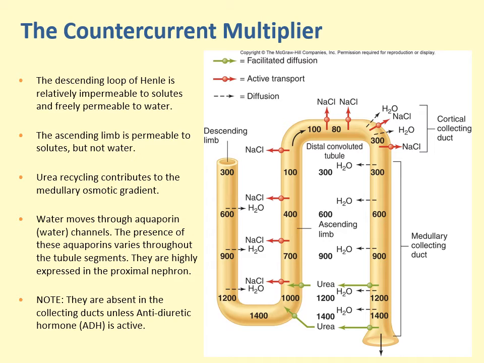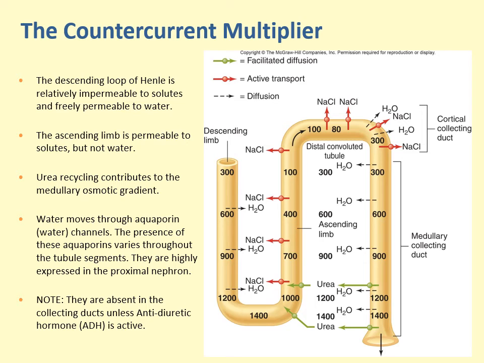And if you make this more permeable to water, then water will move into the interstitial fluid, following the osmotic gradient. So all along here, there's an osmotic gradient which is promoting the reabsorption of water. So here we are. The descending loop of Henle is relatively impermeable to solutes and freely permeable to water. The ascending limb is permeable to solutes, but not to water. Solutes, sodium. Urea recycling contributes to the medullary osmotic gradient to try to push the osmotic pressure up as high as it can. Water moves through aquaporin channels, so the aquaporin channels here and in other parts of the